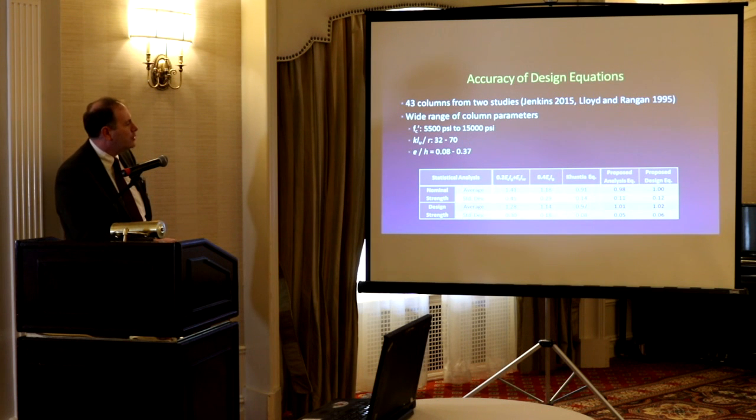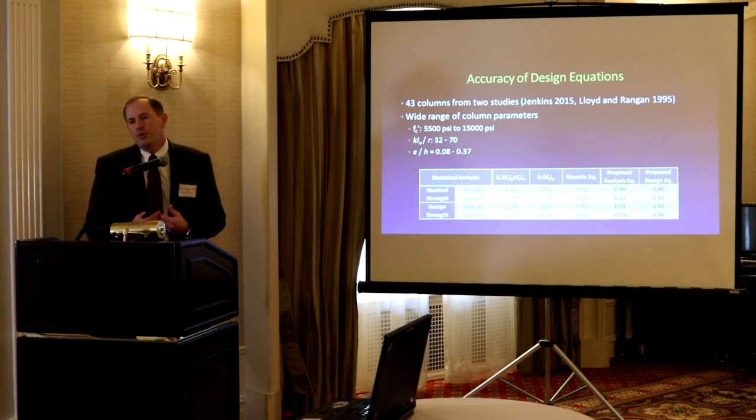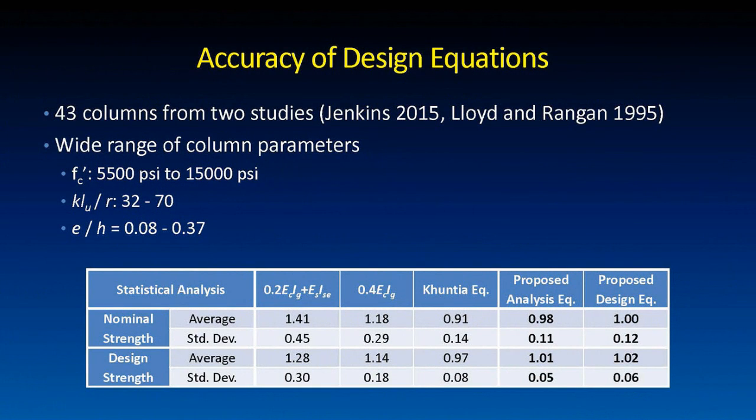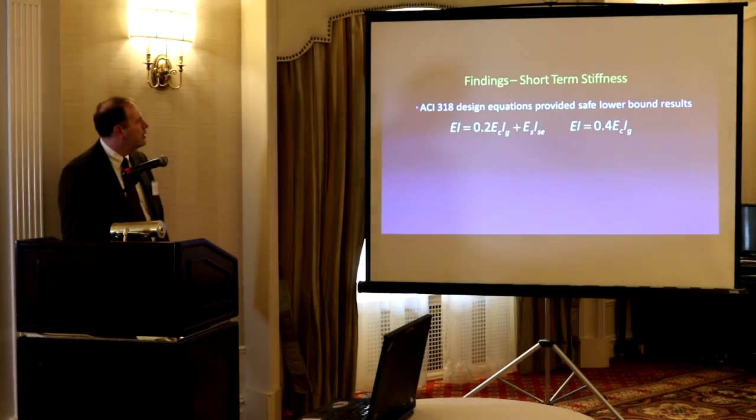You can look at comparison. The problem with the one I mentioned that's in the code, even at nominal and design, they're a little unconservative. And so we don't like that unconservative nature. And then you can see how the other ones do. Actually, the 0.4 EI standard deviation is not too bad. But really here, compared to even the code equation, our standard deviation is actually better. So, we feel confident that short term, we got it. I mean, this is a great equation to use. So,